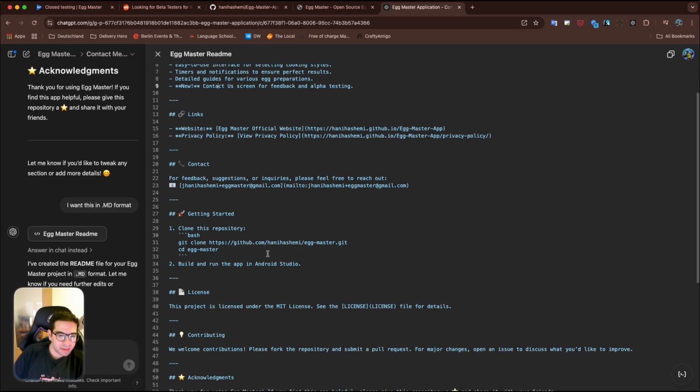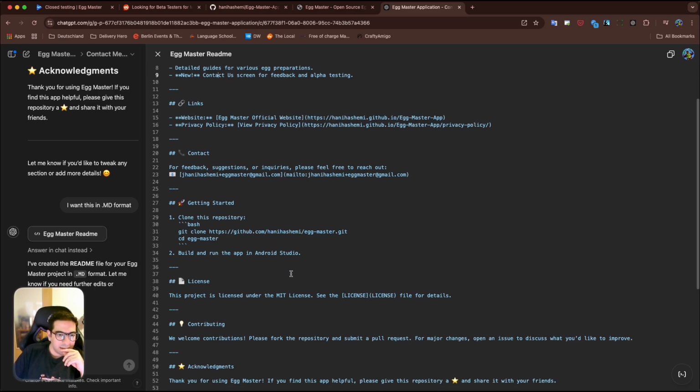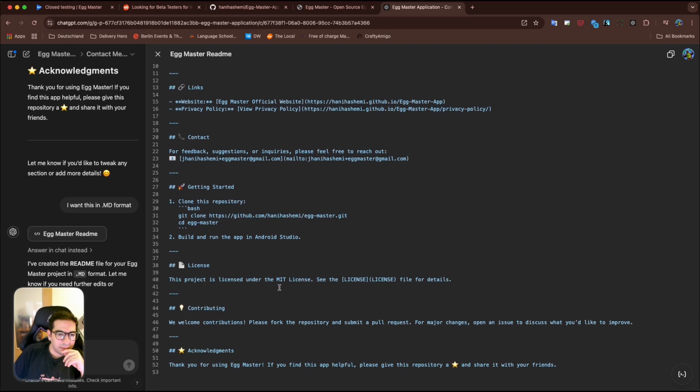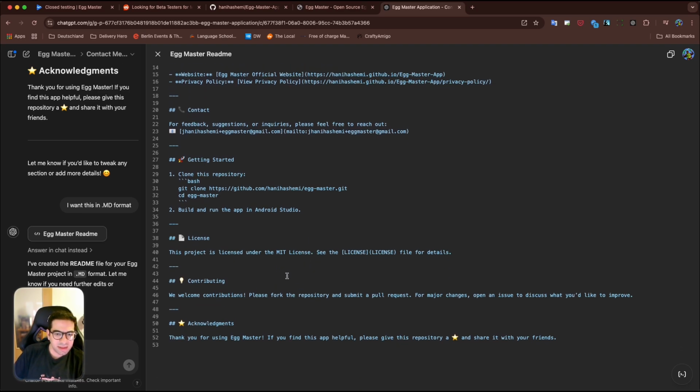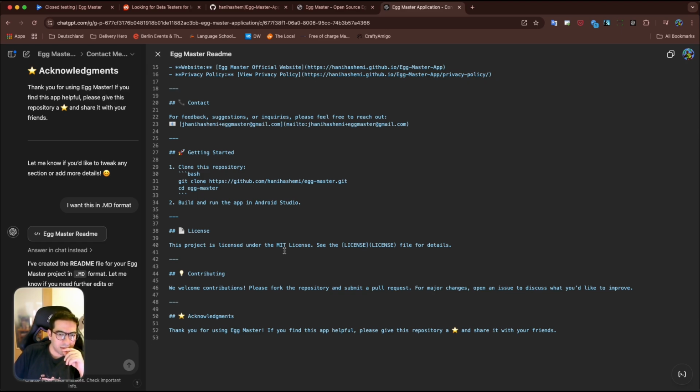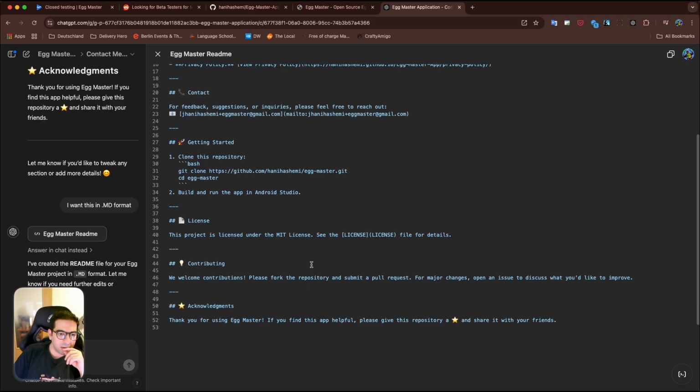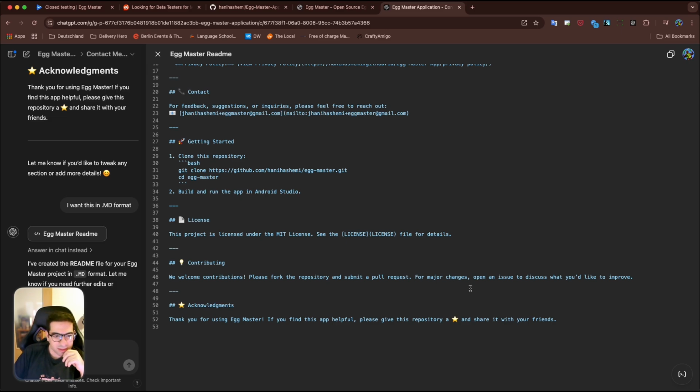I mean, this is definitely something to clone the repository, build and run the app, and in the end, the license. Okay, I'm really not sure whether MIT license would be good or the others. Contributing, we welcome, please submit a pull request. This is also nice. Acknowledgements. Thank you for using. So what I can ask, can you also add that